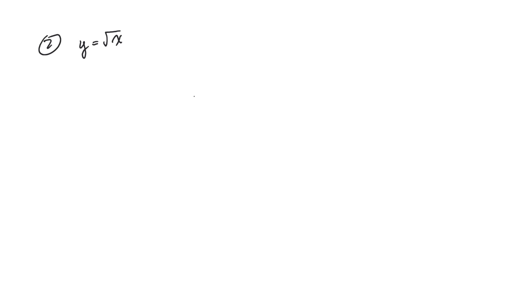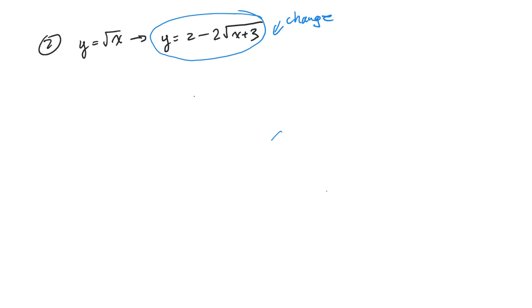Y is equal to the root of x. And then what we're going to do is transform that into the equation y is equal to 2 minus 2 root x plus 3. Now, as an aside, I will tell you right away that we have to change this equation into a better form. And that better form is this: y is equal to negative 2 root of x plus 3, and then plus 2. It's just rearranging the base function so that it's at the front of our equation, very similar to what we have here. Okay, so now let us go and graph this thing